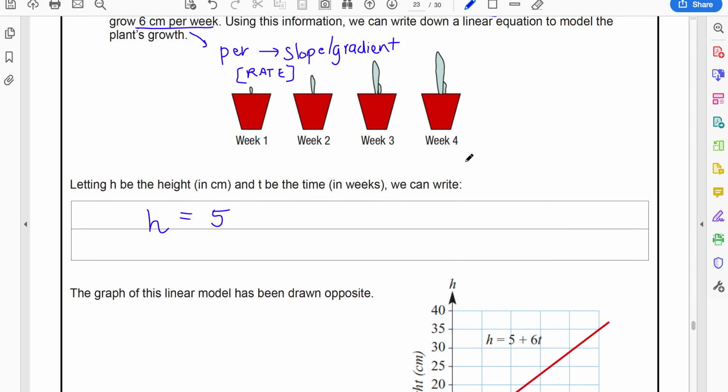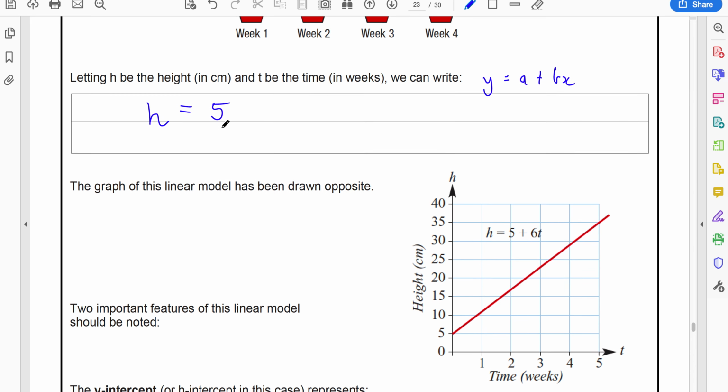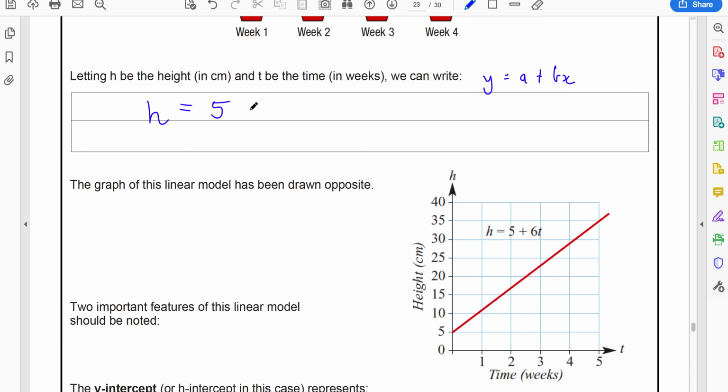So in our rule, remember our rules take the form y equals a plus bx. So what I've started off with is writing a, the y-intercept, so the initial value of our height, and then it's going to be growing by 6 centimeters for every week, so 6 times t. What that means is I've got this rule now that tells me if I want the height for any given week, I can substitute that week into here. It's going to multiply by how many weeks it's grown, so that'll multiply by 6,